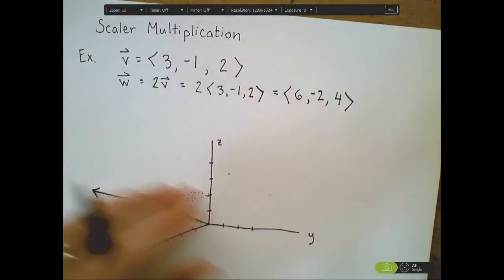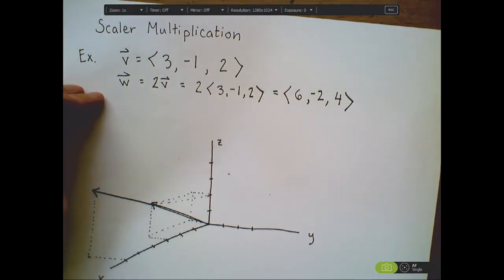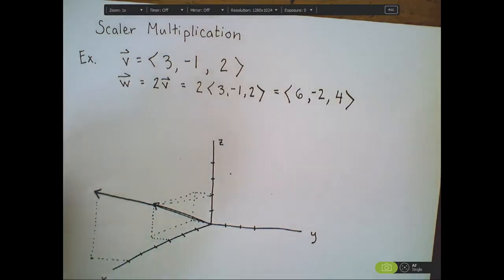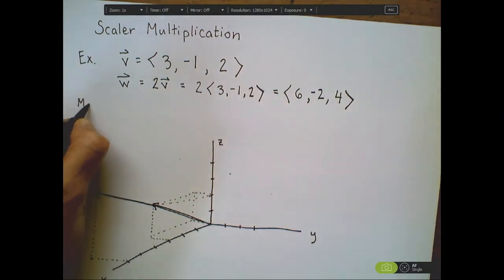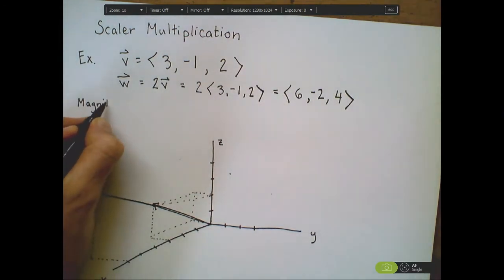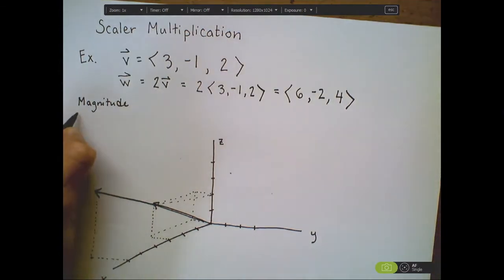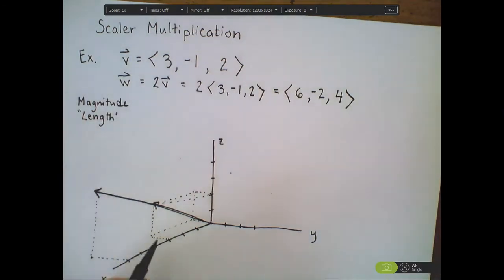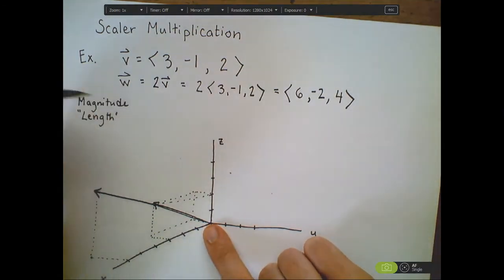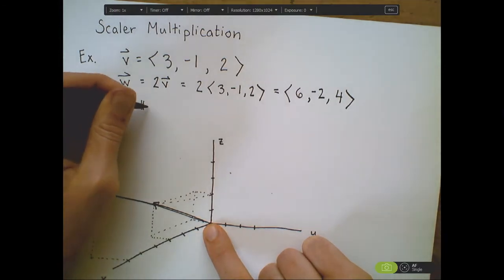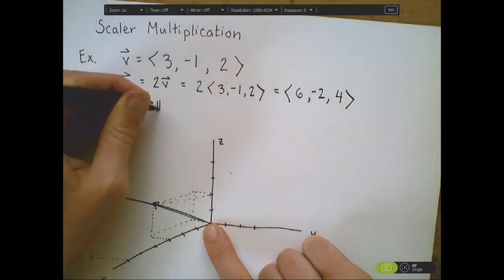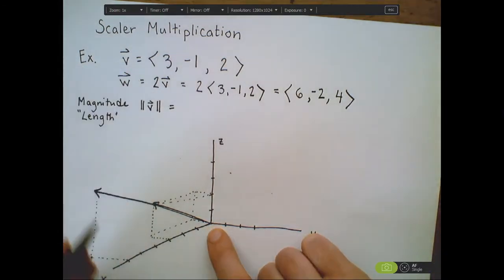Why is this interesting? Maybe I want to point out, what do I mean by twice as long? Let's talk about the magnitude of a vector. The magnitude of the vector is the same thing as the length of the vector. And how do we compute the length of a vector? The magnitude of our vector v, this is our original vector before we multiplied it by 2, is going to